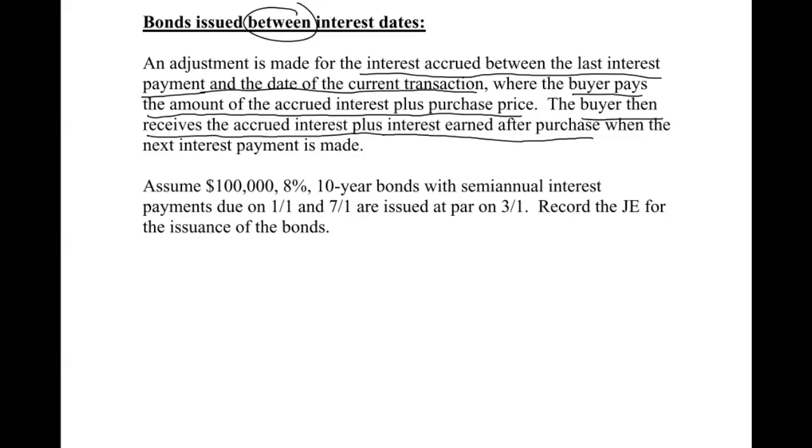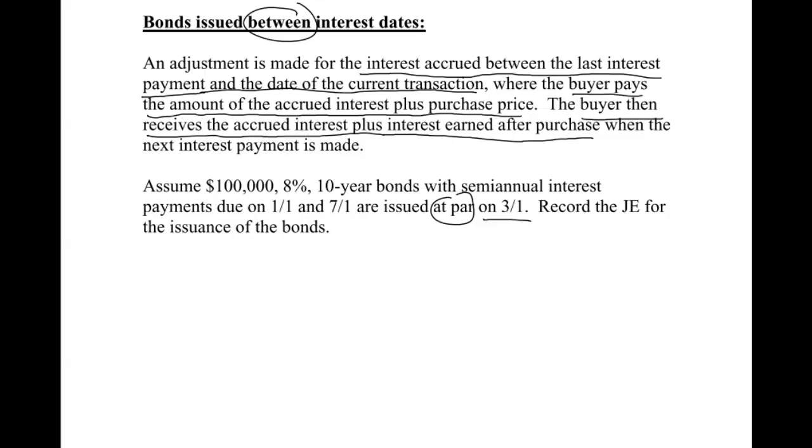But if you think about it, I tried to explain it in class. If I'm an individual investor, and if you look at the example here, we're going to use $100,000, 8%, 10-year bonds. That's similar to what we use in the other videos. Semi-annual interest. The only difference here is they're going to be issued at par on March 1st, so in between dates. If I'm an investor selling a bond, and I'm going to sell it on 3/1,